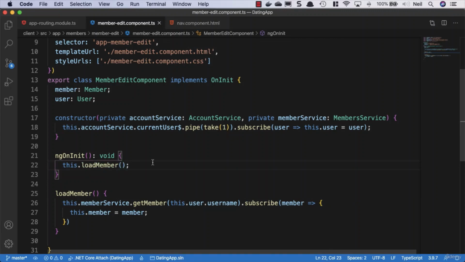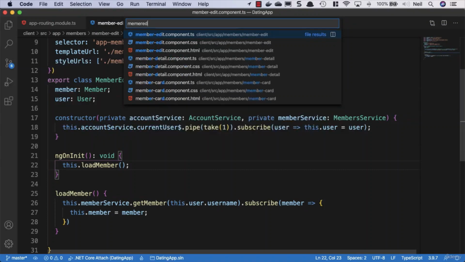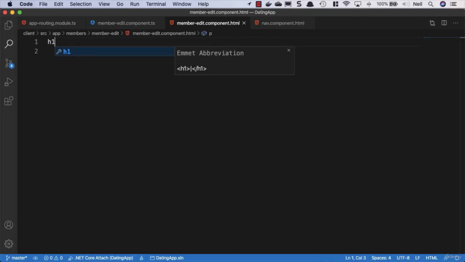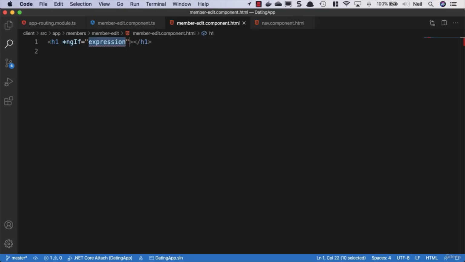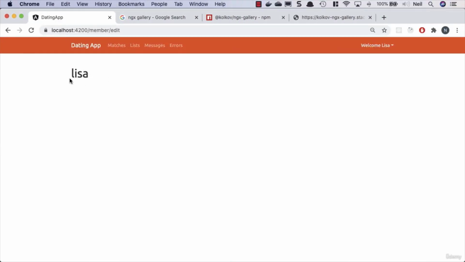And just to visually see that this is working, let's go to our member detail, or our member edit's template. And what we'll do inside here is we'll just have an h1 tag. We'll add the ngIf member, and we'll say member.username this time. And let's just go across to our component, and we can see our username for Lisa, but